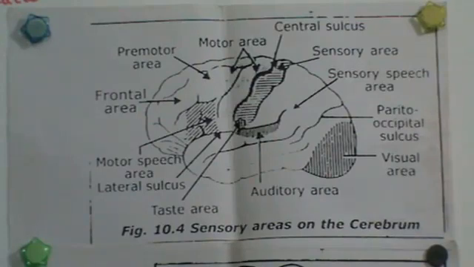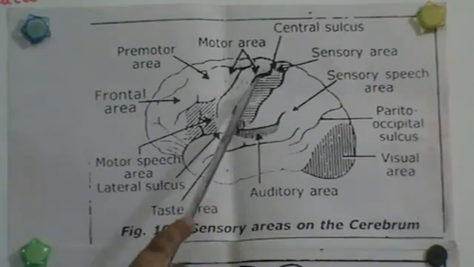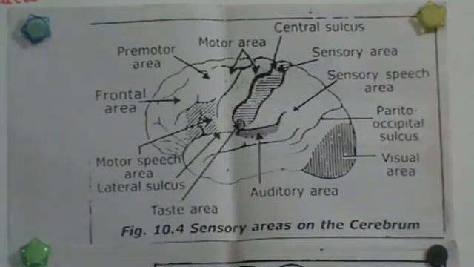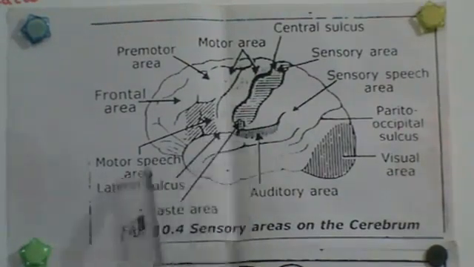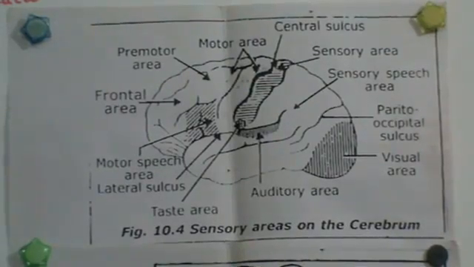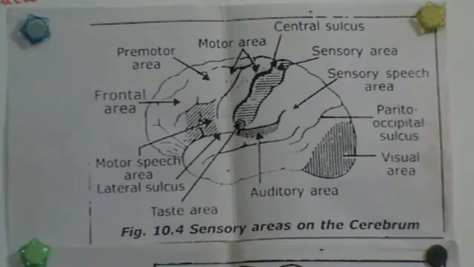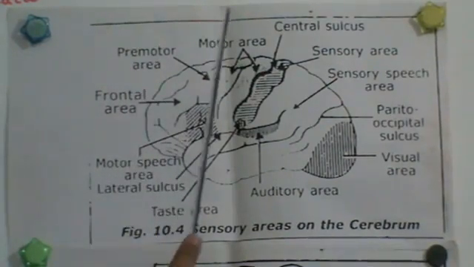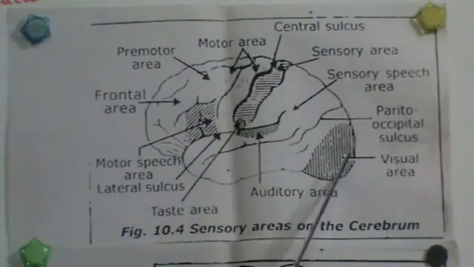Let's see this. We can see all the three sulci here. You have the central sulcus, then you have the lateral sulcus here, and you have the parieto-occipital sulcus. Then you have the different areas. You have the speech area that is located here, and then you have the visual area which is in the